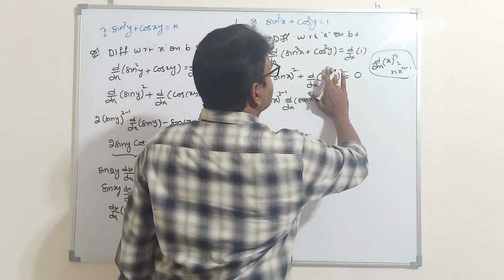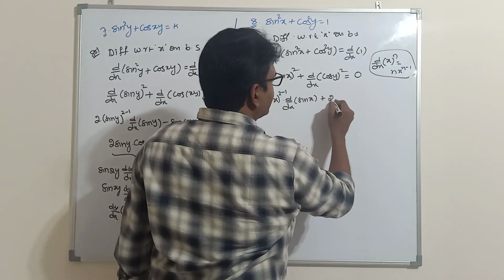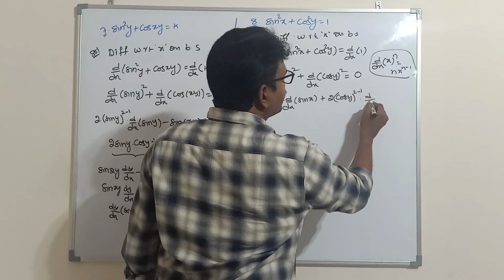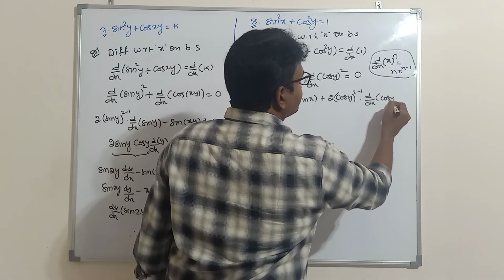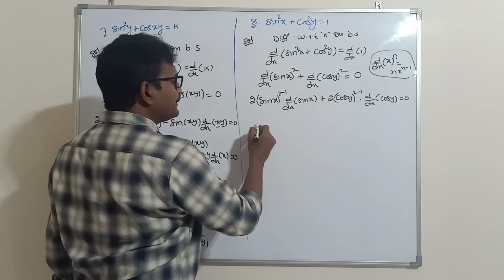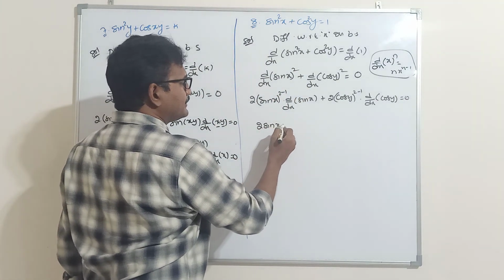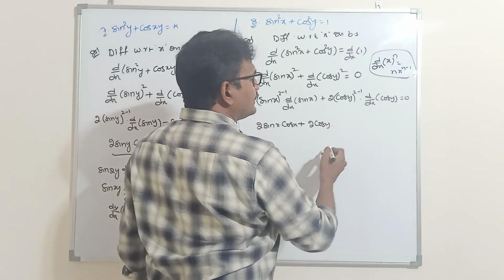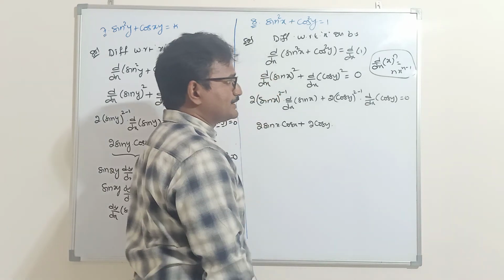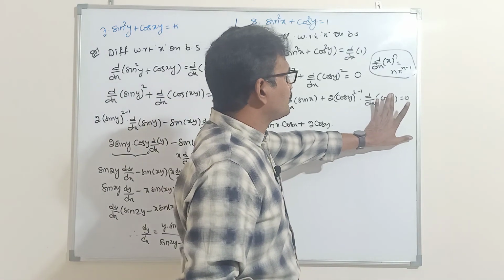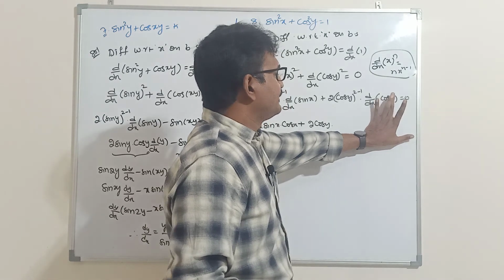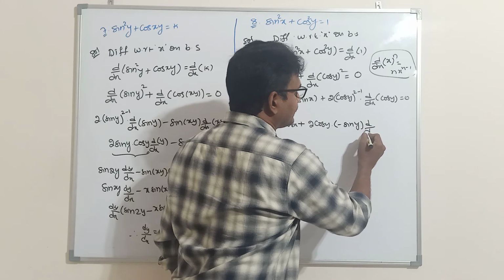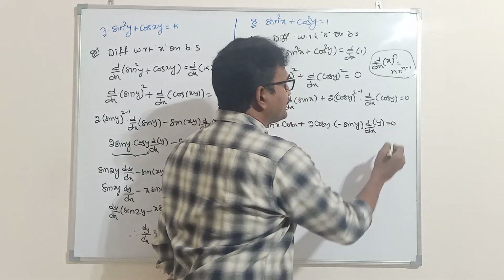Plus same, assume this part as x. Then what will we get? 2 into cos y whole power 2 minus 1 into d by dx of which part you assumed as x? Find the derivative of that part. 2 into sin x into the derivative of sin x, which is cos x, plus 2 cos y into the derivative of cos x, which is minus sin x, but this is not cos x, it is the derivative of cos y. So close y and assume it as x. The derivative of cos x is minus sin x into d by dx of which part you assumed as x. Find the derivative of that part.